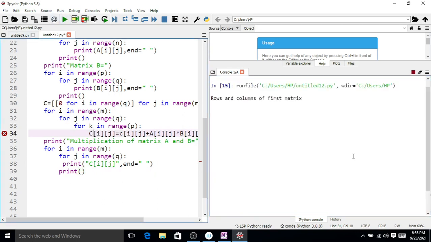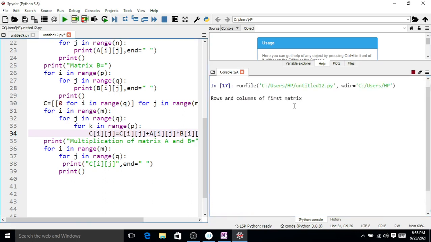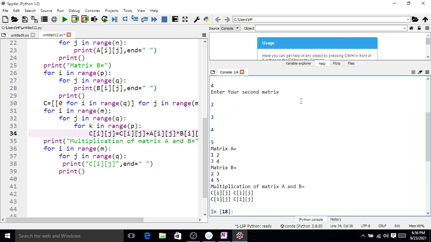Again if we run, 2 by 2, again 2 by 2, 1 2 3 4, 2 3 4 5, and here also one error with C. Then 2 by 2, 2 by 2, 1 2 3 4, say 2 3 4 5, Cij, j is equal to, Cij. Clear.